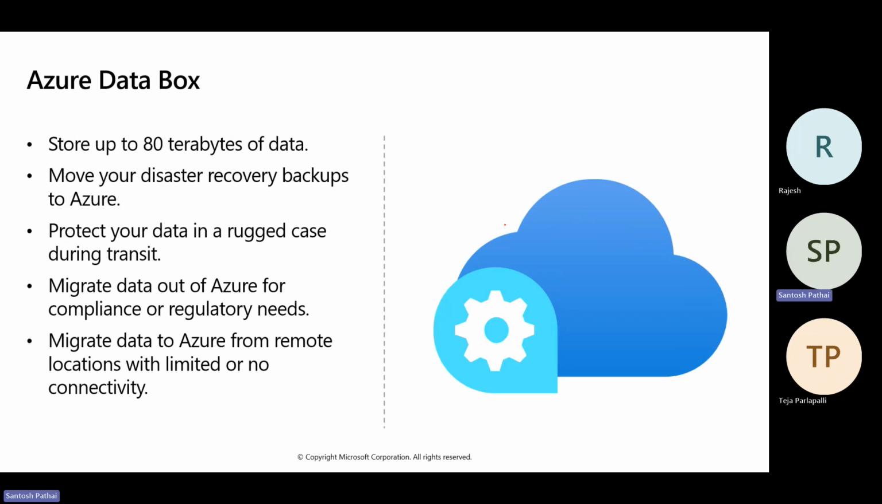Then Azure Data Box is there. So let's say if you have a lot of data in your on-premise network, it is going to take time to upload that data in the cloud or migrate that data in the cloud. So what you can do, you can request Azure Data Box from Microsoft. They will send you a device, a hard drive, a rugged case, and you can copy your data to that case, and then you can courier that case to the Microsoft, and that